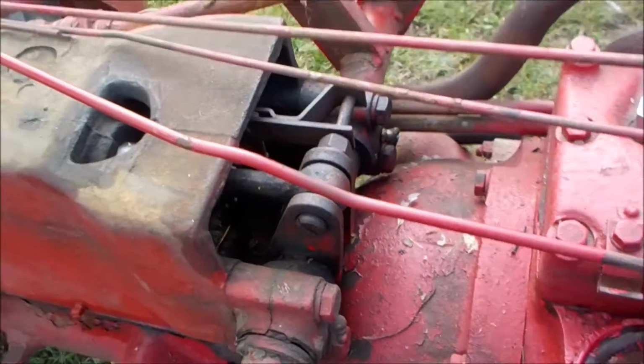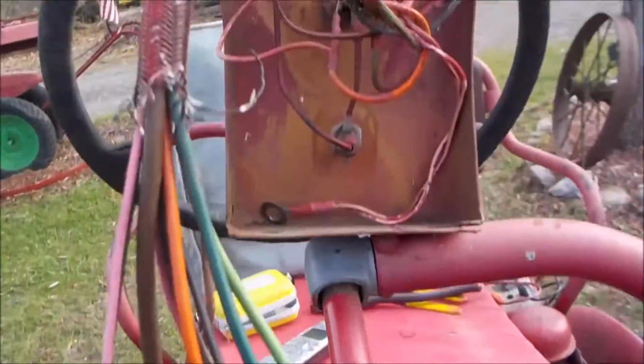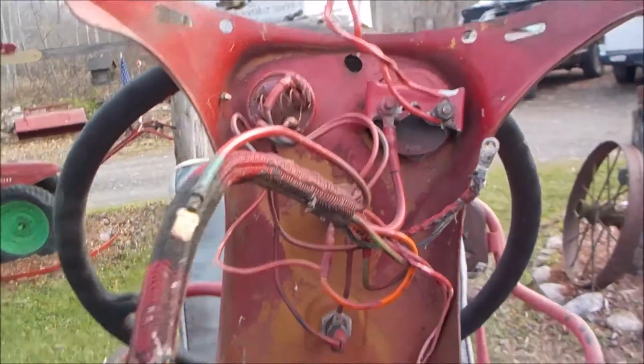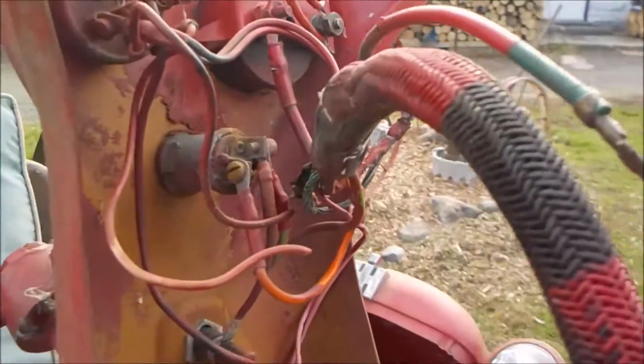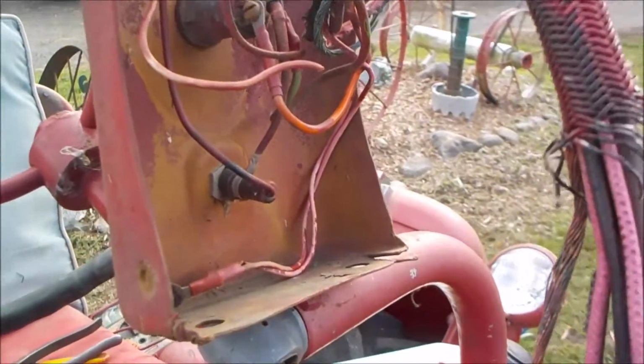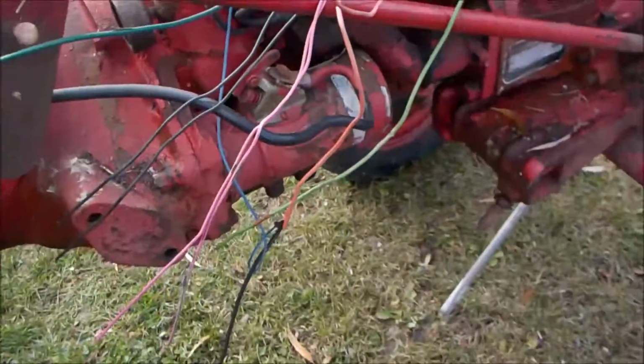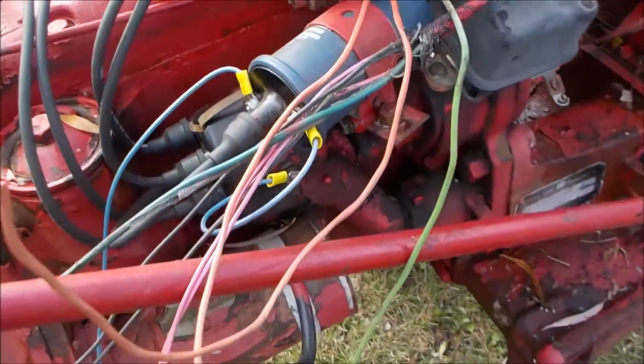So when I do get it running again, we'll test the hydraulics out. But it's going to be a while before we get this thing running again. We've got to rip all the spaghetti out. Got some linguine in there too, I think. We'll pull all that pasta out of there and see what we can do about getting this back together and